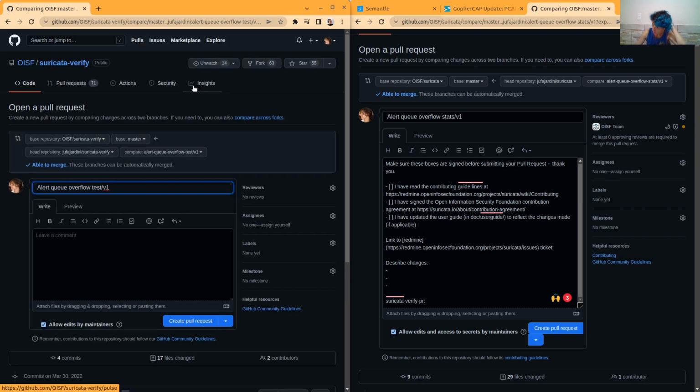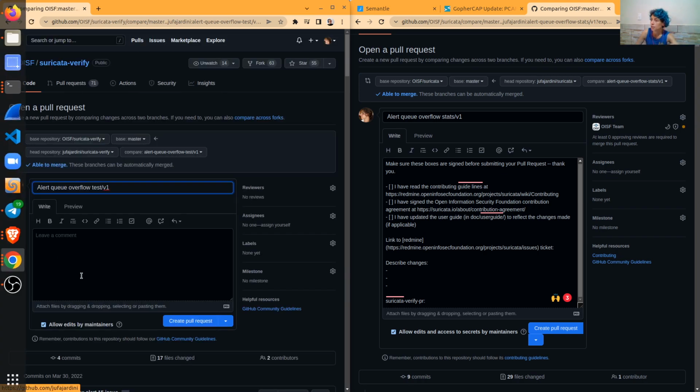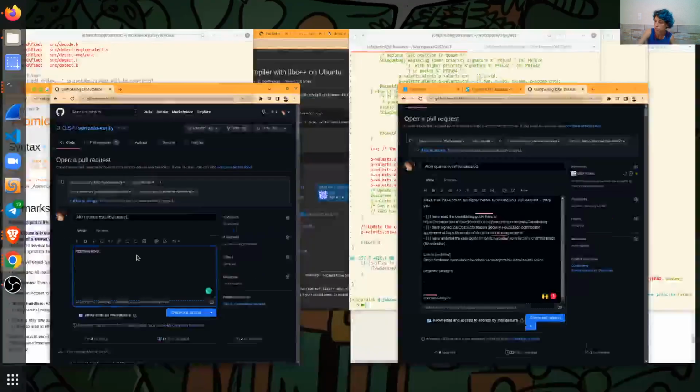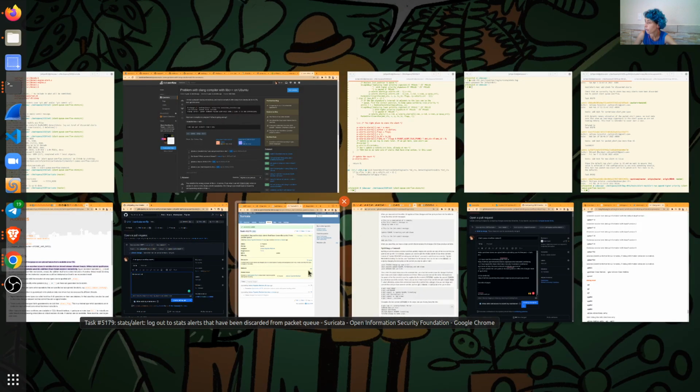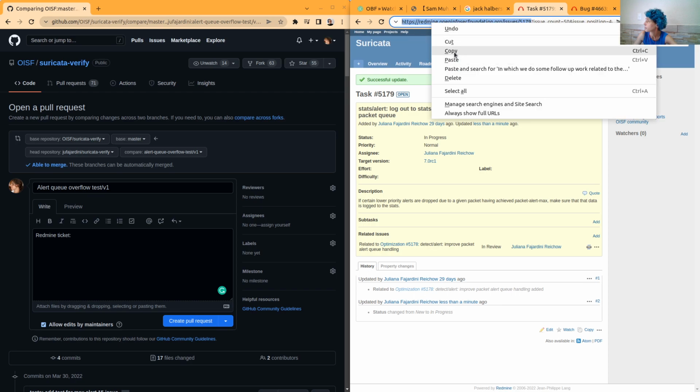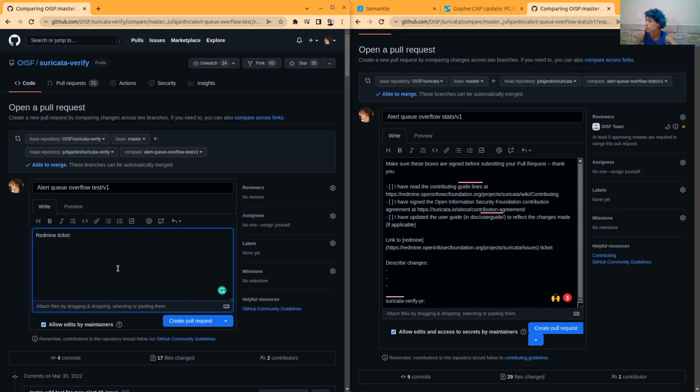And what I'm thinking here is that I'll mention the other pull request because they are connected. I want the Redmine ticket. Where is it? It's this one. What else?